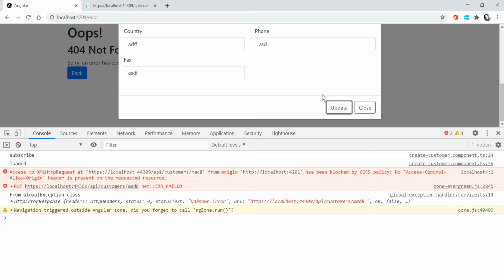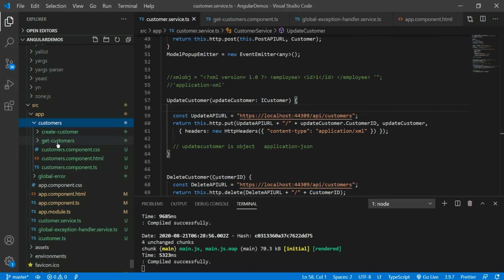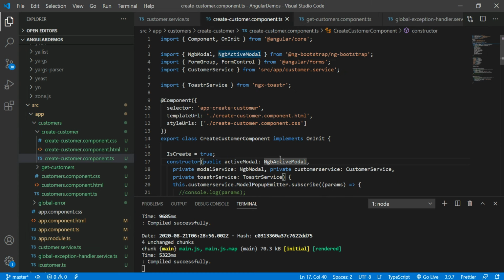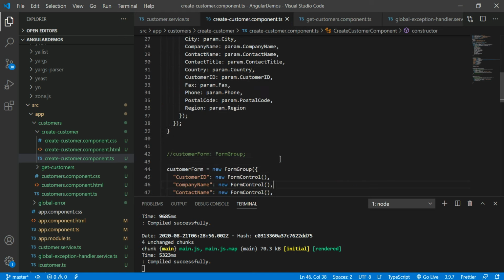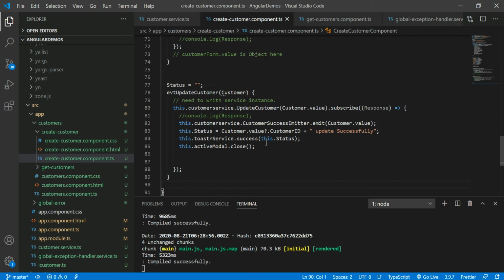But suppose the modal pop-up is not closed, right? Because I have to close the modal pop-up in the subscribe method. Go to the create customers ts file, where you can see the update customer subscribe. Here you have to close that whenever you get the exception.